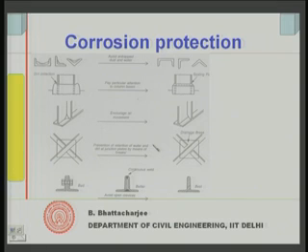So, these detailings are important as far as steel is concerned. For example, this is bad, which will allow water to come in; this is better, no water can penetrate; and this is the best. If no water can accumulate here, this will be bolted. Water will accumulate here, and therefore corrosion will proceed. It is welded in between, water can still go in, but if this is jointed together, that is best. So, by detailing you can improve the corrosion protection in the case of structural steel, as you can see here.